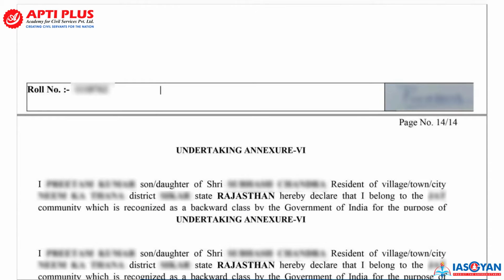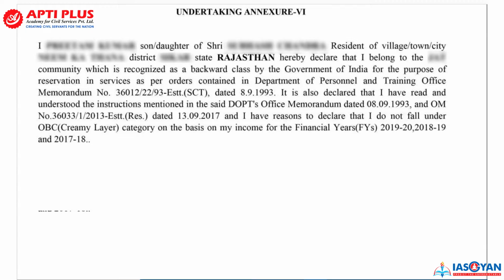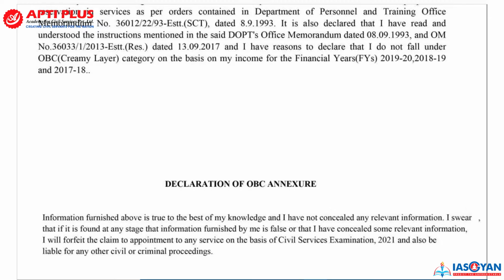right? So this was a basic sample, and this is the undertaking at the end. This is the 14th page of the DAP, that is detailed application form. And you will get all the declaration here. And finally, you have to make a submit. Once you finally submit, you will be easily able to download this UPSC CSE DAF 2, and this will be required to maintain, to save it. You have to keep it for your record. So this is the sample of the DAF to give you a basic idea of how you need to proceed